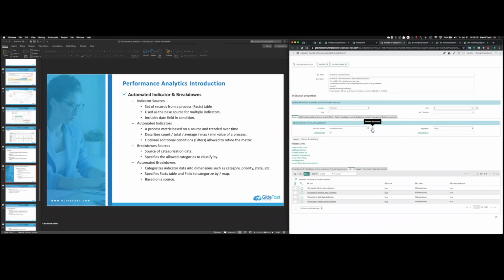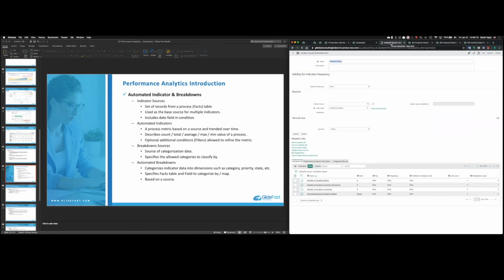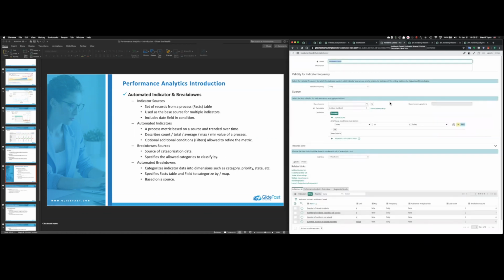Here for this indicator, you'll notice that there's a reference field called indicator source. I'll go all the way to the source now, and by source, I mean the source of the data. So here's where we define what is a closed incident. And what's really important here is that we have